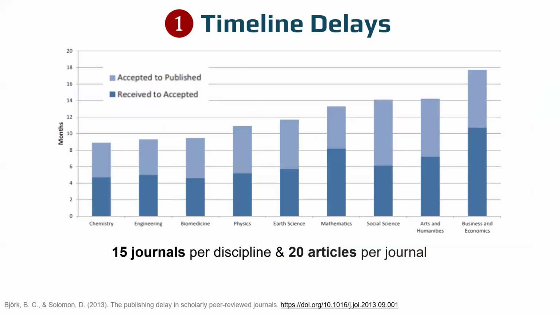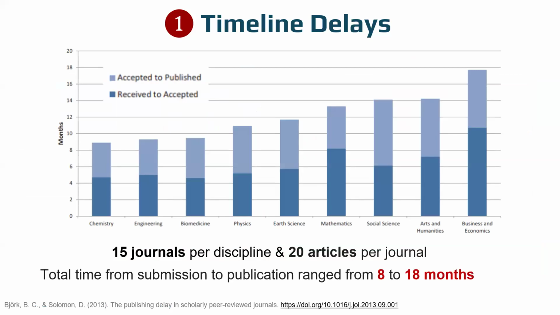So for example, this study that looked at 15 journals per discipline, it looked at many disciplines, and it looked at 20 articles per each journal. It found that the total time from submission to publication ranges between 8 to 18 months. So it's not just an issue for a certain type of discipline, it's an issue across all the disciplines. And as you can see, some disciplines are more affected than others. For example, business and economics, according to this study, suffer from the longest delays